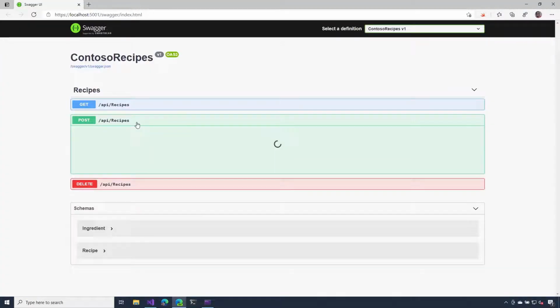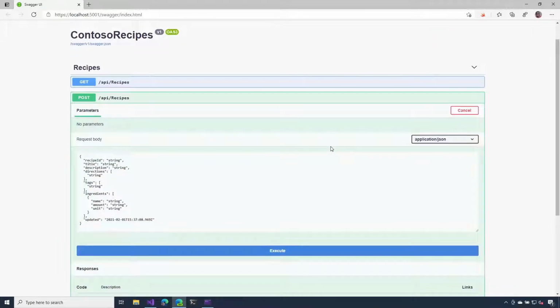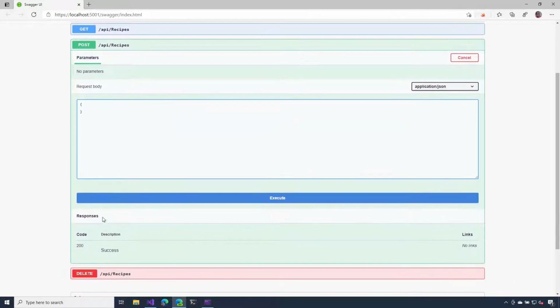And I want to look at the post operation. If you recall what this does, it accepts input from the user that it's going to use to make a new recipe. Notice how when I hit Try it out, it pre-populates some of this information for us, but for the sake of this demo, I'm just going to remove these. Now when I hit Execute,